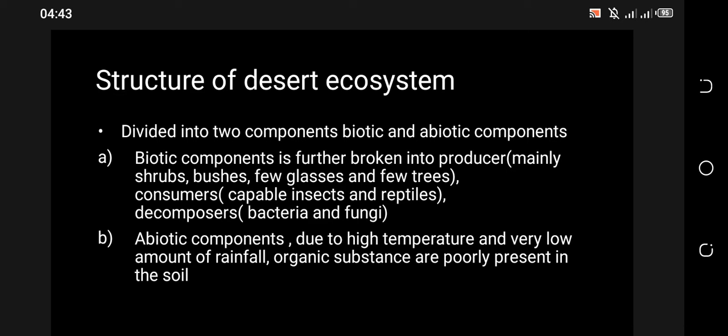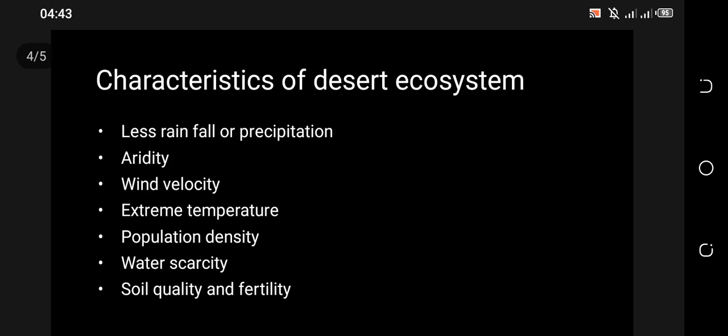Abiotic components of desert ecosystem: due to high temperature and very low amount of rainfall, organic substances are poorly present in the soil. So even the presence of abiotic components is almost zero. Let's proceed by discussing the characteristics of